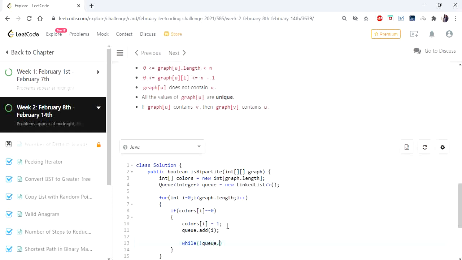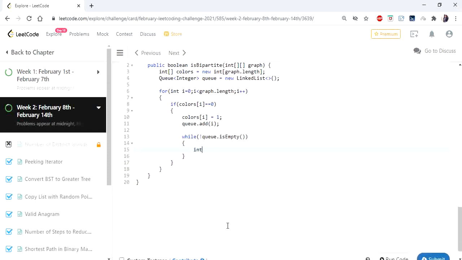So until queue is not empty, I'm gonna poll the values from queue. For that I'm declaring an integer j. Until the queue becomes empty, it is gonna poll the values, and for each node or edge, we are going to traverse all its neighbors.